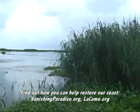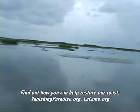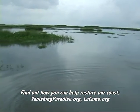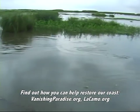You have to have miles and miles of marsh in between you and the storm surge in order to knock it down. And the only way to do that is diversions, in a cost-effective way, and to build habitat, as you can see. So support diversions. Don't listen to propaganda. If you can't see it for yourself with your own eyes,